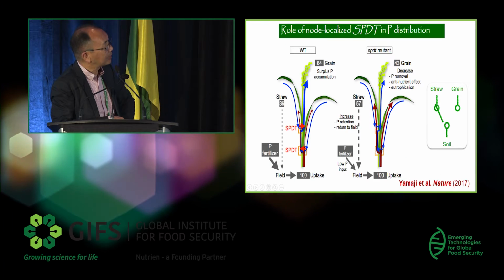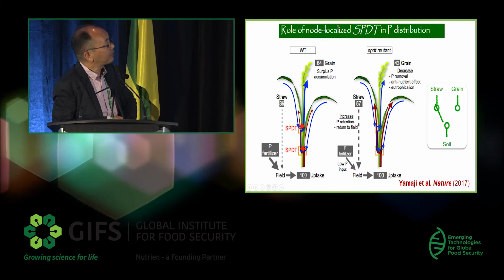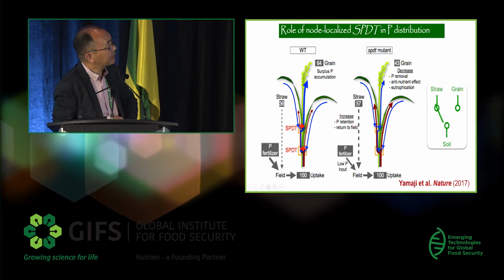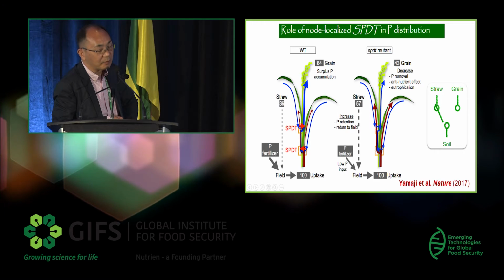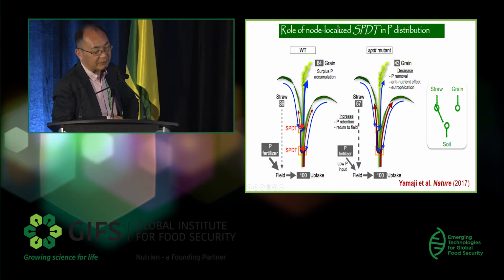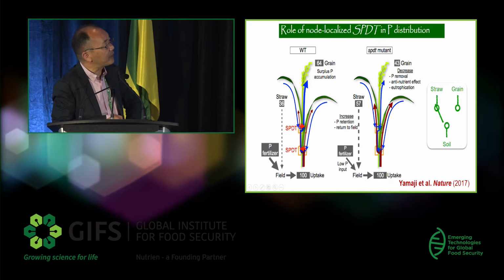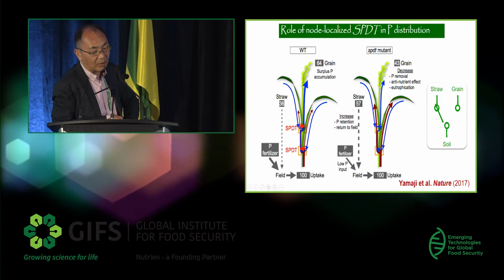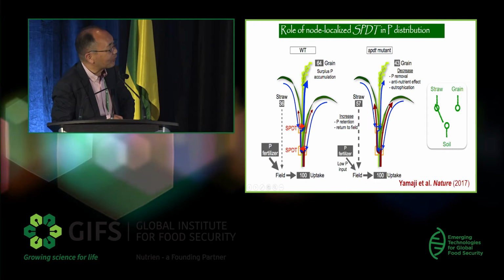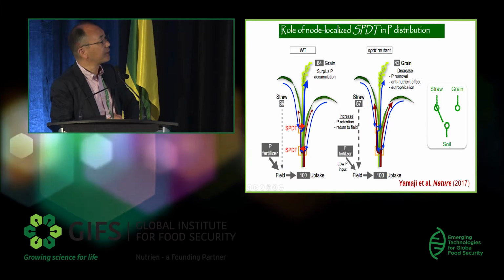So this resulted in a 20 to 30% decrease in the grain phosphorus. So we have three different good things. One, it decreases the phosphorus removal from soil, and also decreases the anti-nutrient effect, especially increasing the bioavailability of iron and zinc, and also it decreases eutrophication of waterways. So this is a very important gene in agriculture, and now this gene, some group in Japan